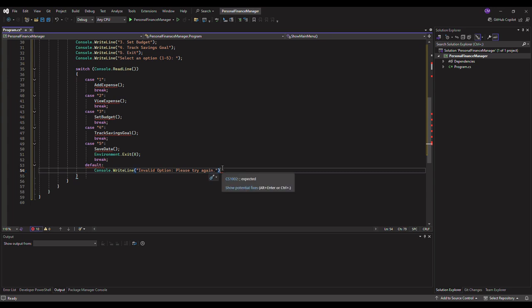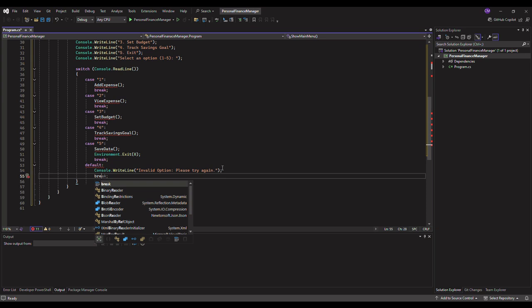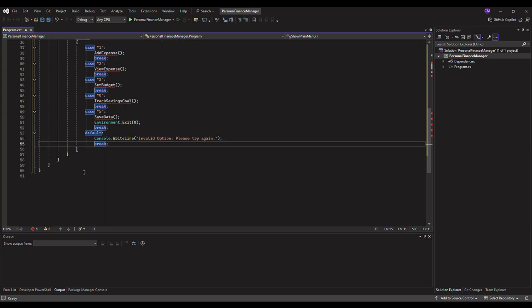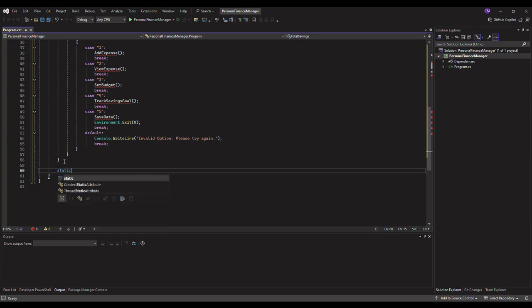As always, when we close the switch, we need to put a break, because remember here we are collecting input from a user, so we need to use a switch. Maybe we will come out of here and say 1 2 and do the static